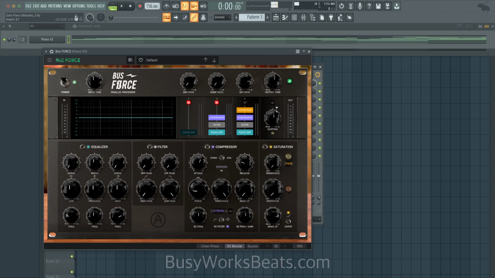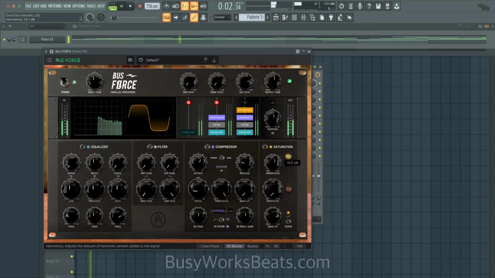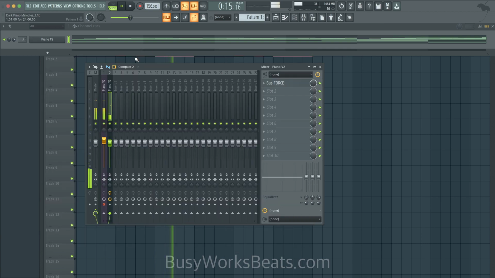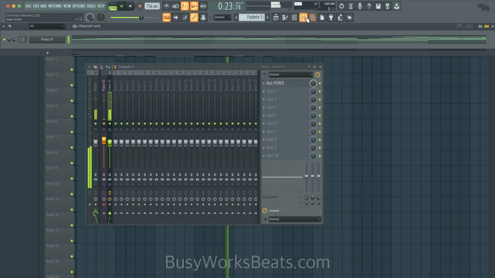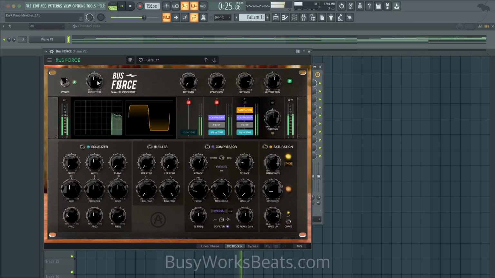And basically, this is by Arturia as well. I'm just going to use the saturation knob to create what are called harmonics. So it just thickens out the sound, basically. Makes it more edgy, almost like a rock guitar. Okay, so that just adds the edge that we need. Hear how it sounds a little bit buzzy. I'm going to pull the input trim down so we don't slam the saturator.